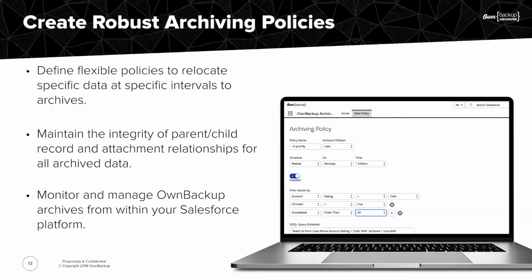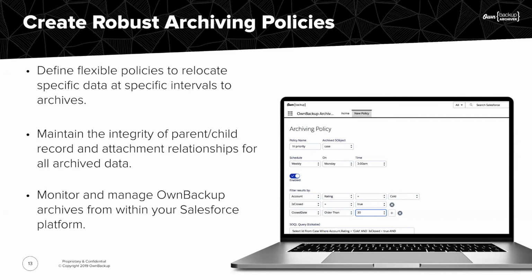So the solution that we're going to be showing you today is designed specifically for Salesforce customers that are looking to achieve or overcome those objectives, or those challenges I talked about. It's reducing the amount of data on production systems, reducing storage costs, improving system performance, and achieving better data governance that we had talked about.